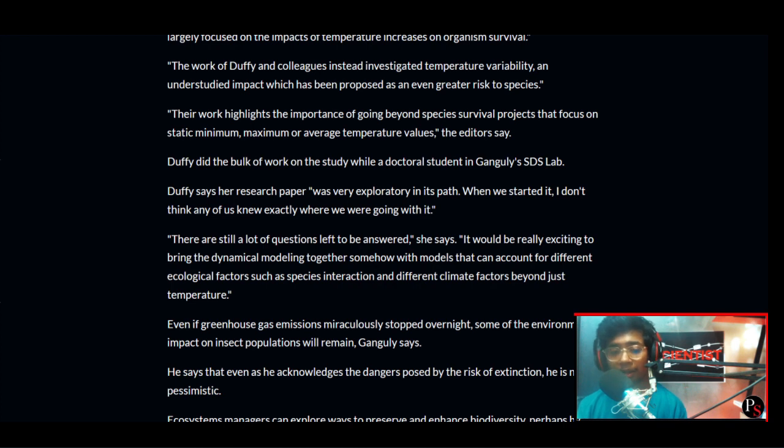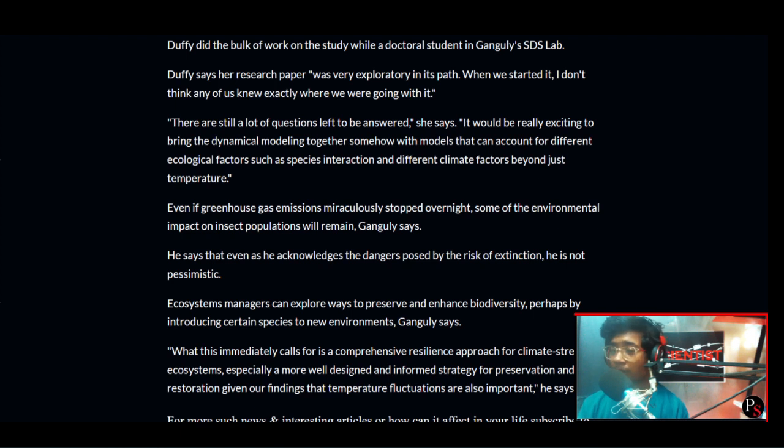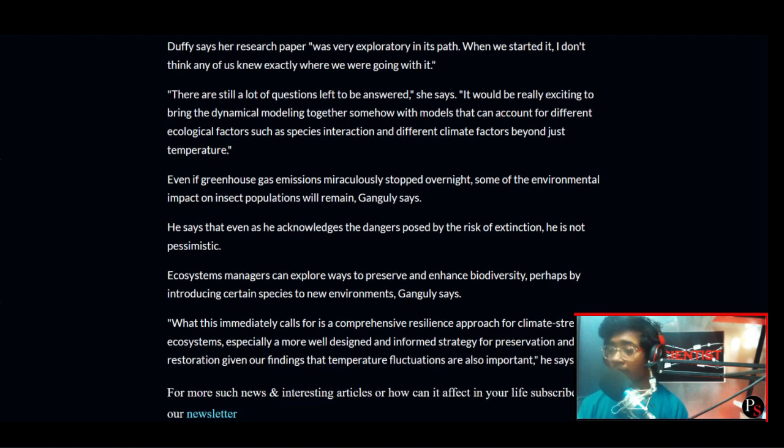The editors say Duffy did the bulk of the work on the study while a doctoral student in Ganguly's lab. Duffy said our research paper was very exploratory in its path when we started it. I don't think any of us knew exactly where we were going with it. There are still a lot of questions left unanswered. She says it would be really exciting to bring the